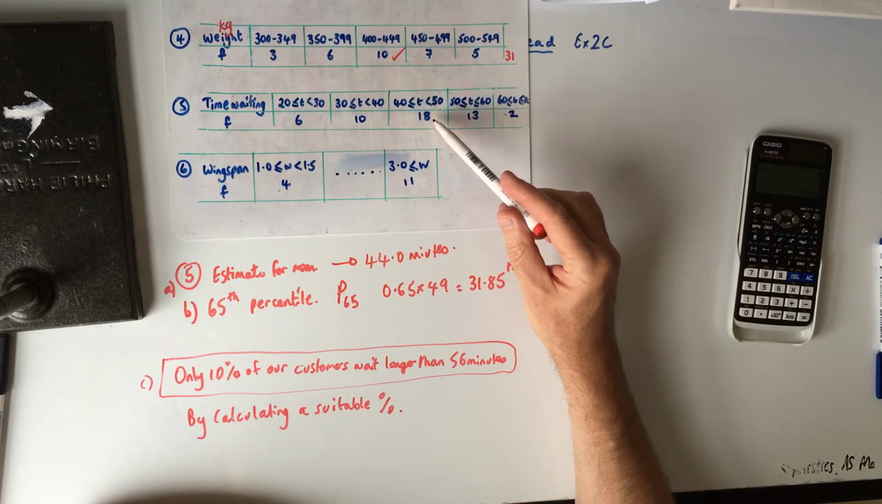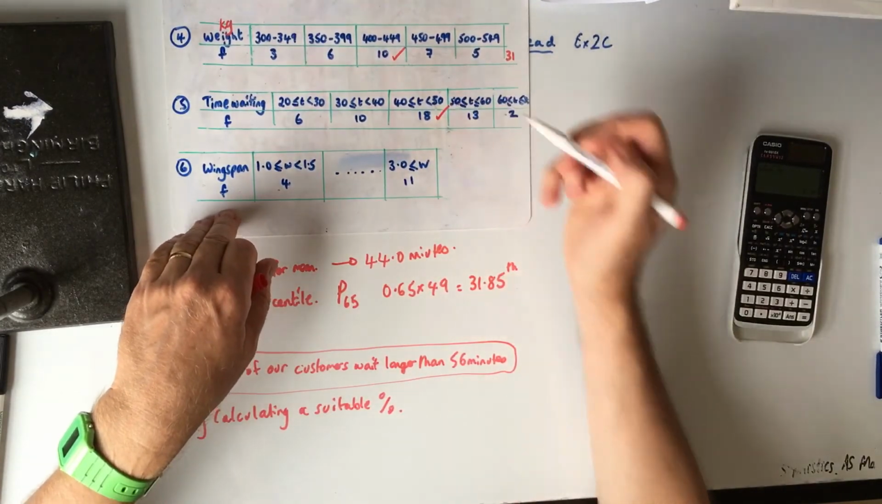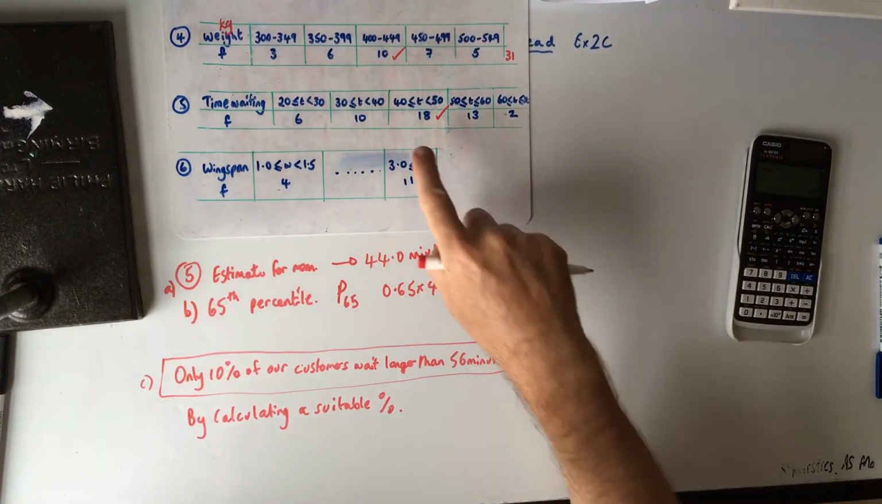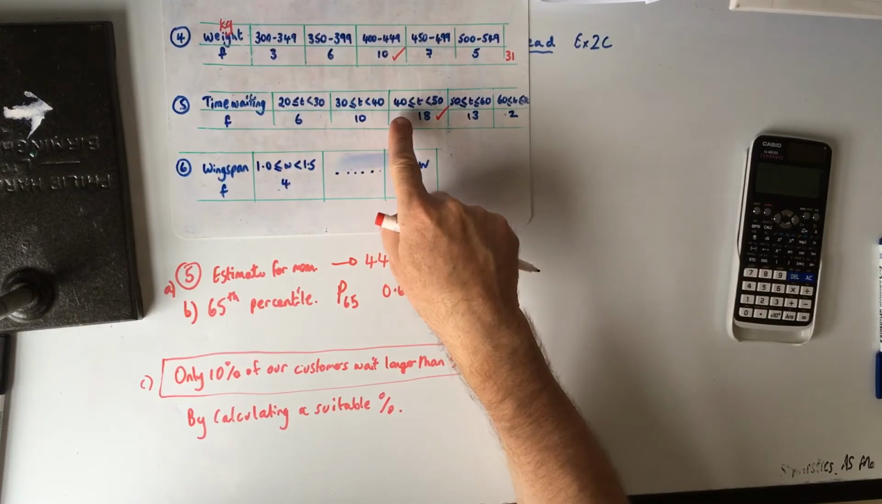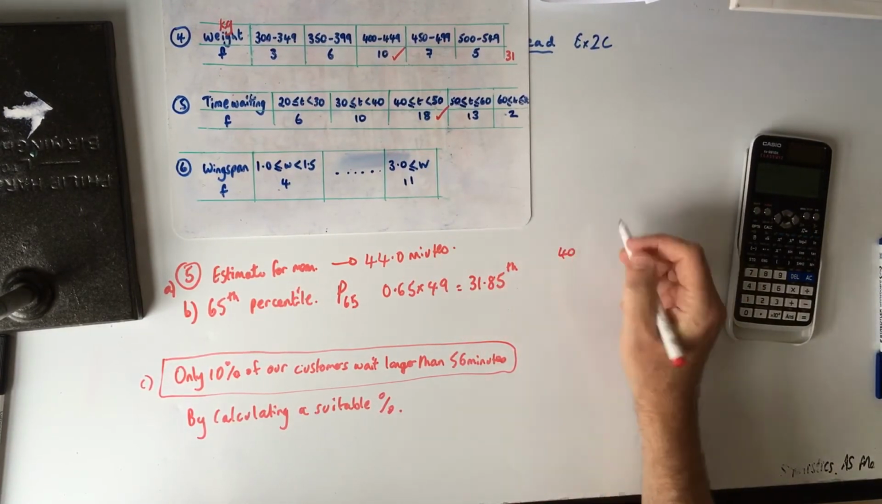16 add 18 is 34. Okay, so that's past this one. So it's in this group here. So we want this group here. It's continuous, and they've done it nice, and it's 40 to 50, so it's 10. So in this group of 40 to 50,